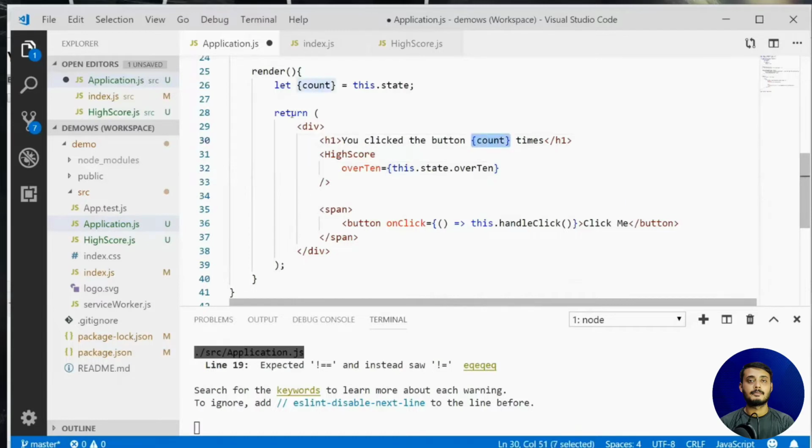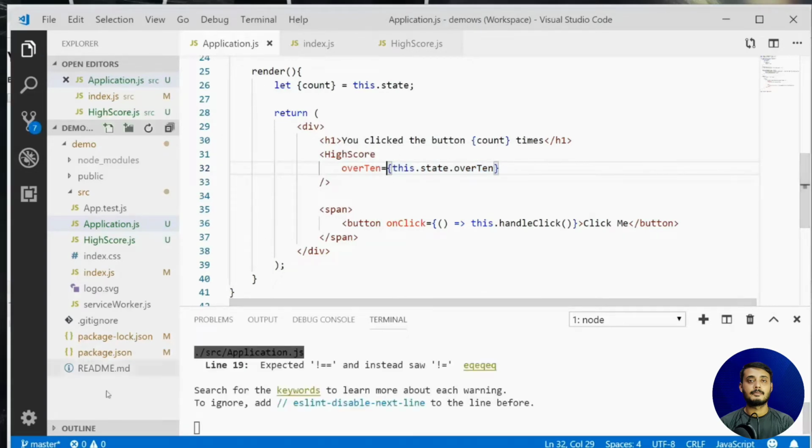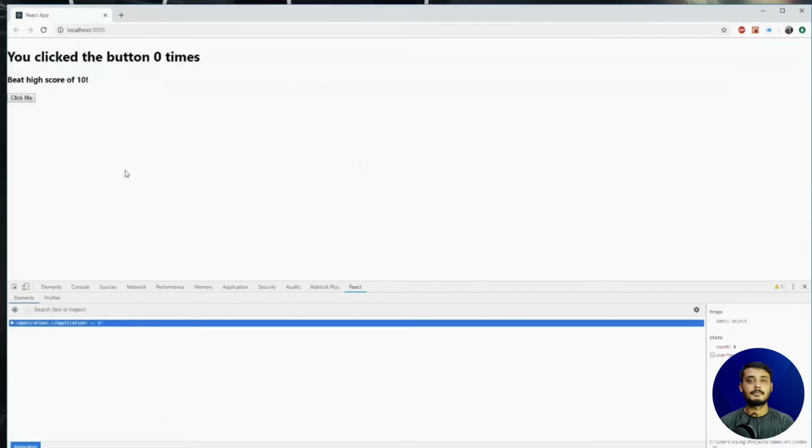this.state.over10. So in order to use JavaScript within the return method, you need to wrap it in the curly braces, and so that's what I'm gonna do here. If it is a variable property that you are passing in, you are gonna wrap it with these curly braces. Now I'm gonna hit save, and I'm gonna go back over to the Chrome, and